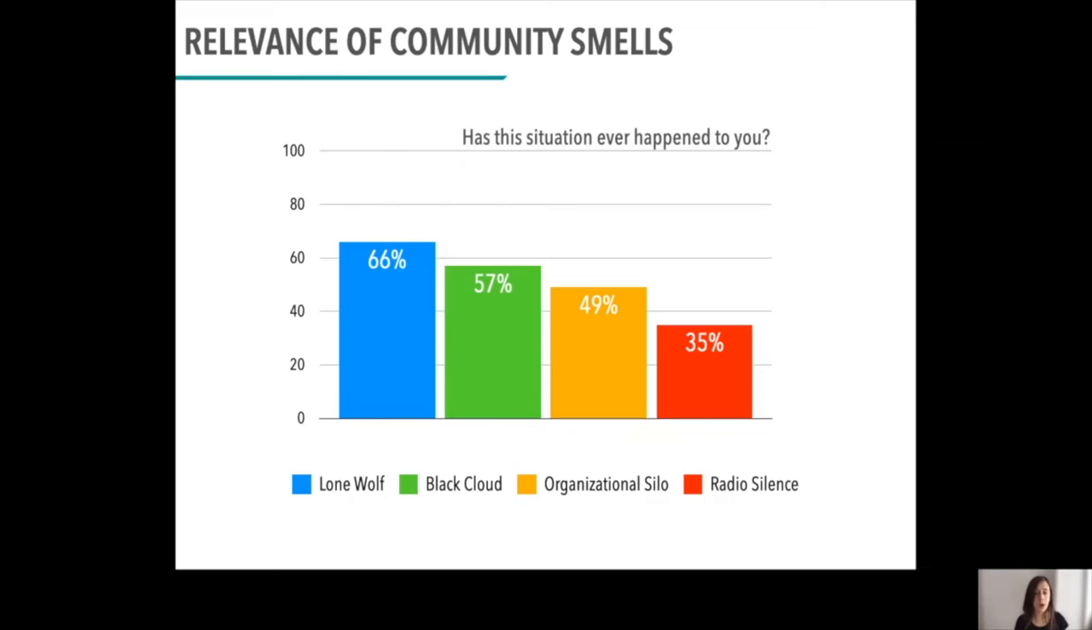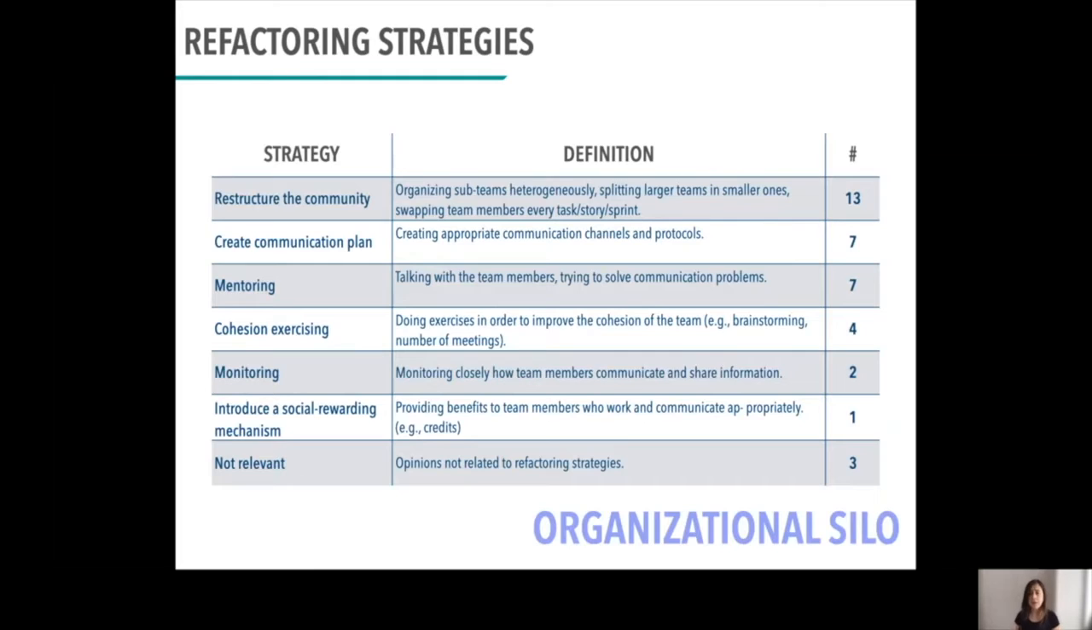250 and 2,000 employees. As for the refactoring strategies, I don't have enough time to explain all of them, but I can tell you that all the refactoring strategies for each community smell make a lot of sense with their definition. For example, as for the organizational silos, we notice that the most mentioned strategy is related to restructuring the community. So in this way, you can avoid the polarization of 2 or more sub-communities that do not communicate with